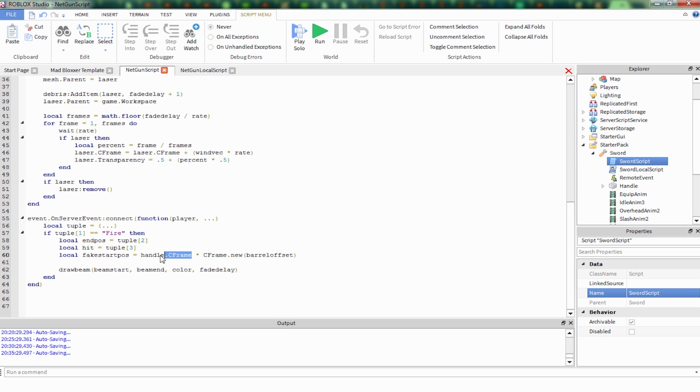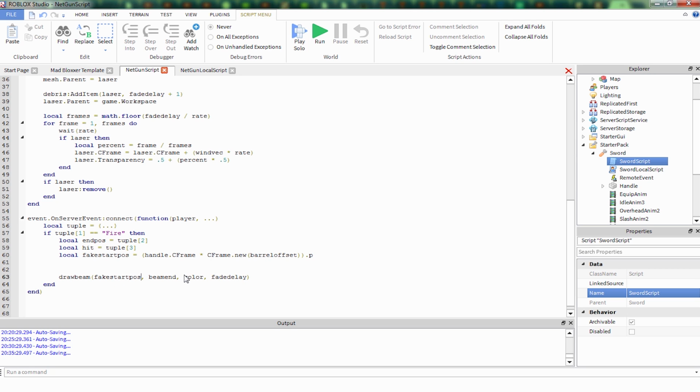So what we're doing is we're taking the current angle, the orientation, and the position of the handle, and we're going to multiply it by the offset as also a CFrame. And this gives us the offset, the position. Actually, we're going to need to get the position. So we put this in a parenthesis and this in a parenthesis, so we're getting after these two things multiply. And when you multiply these two things, it gives you one CFrame. So we're just going to get the .p, which again is the positional property of a CFrame. So the start position is the handle multiplied by the offset and then converting it to a position. So that's going to be the beam start,